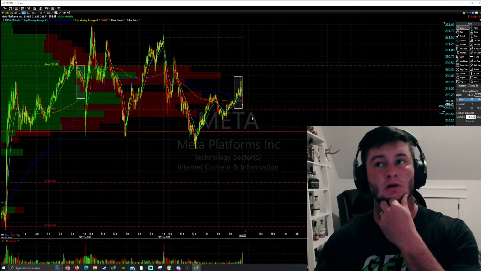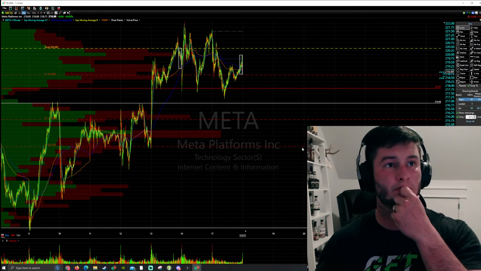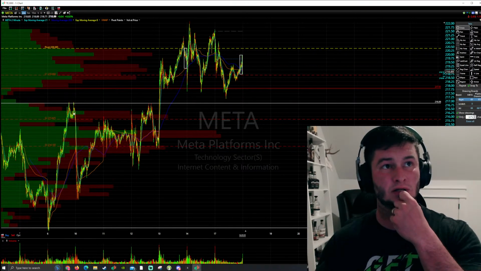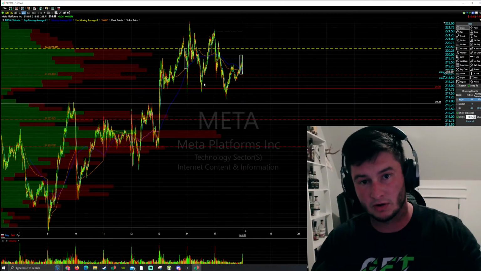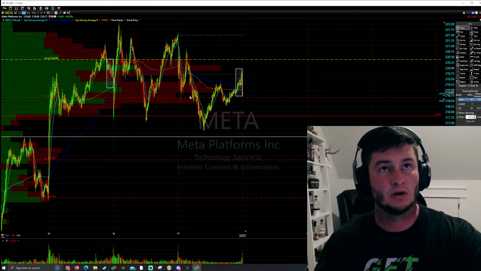Just looking at the chart like this, I think you've got room to try and test and break through 178.1, and maybe we push down lower and try to push back down into this. If you're going to take this price zone, we're going to come into the 212s and 210s. I don't know what the market's going to do tomorrow, but I start creating ideas based off of patterns,